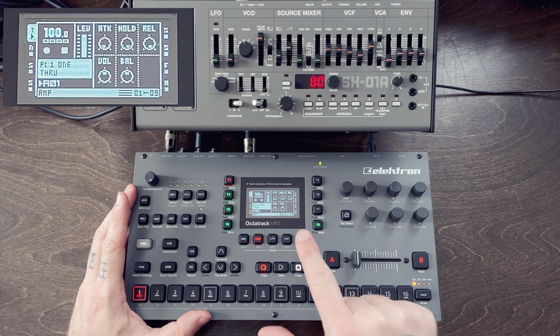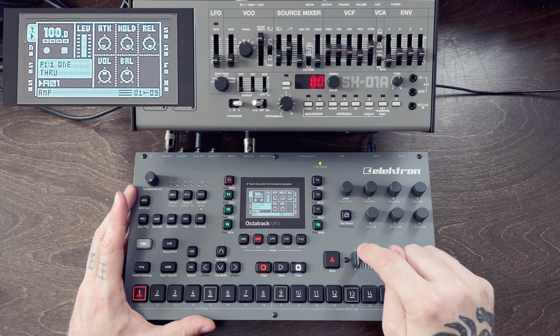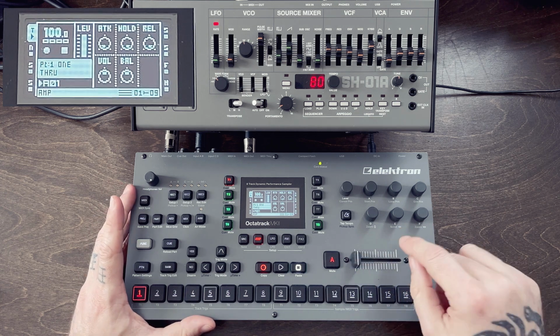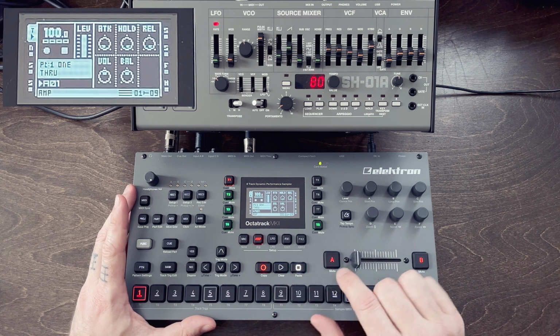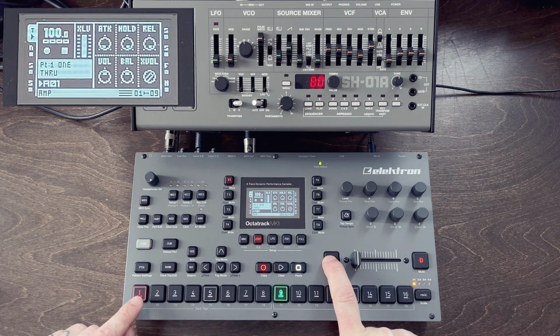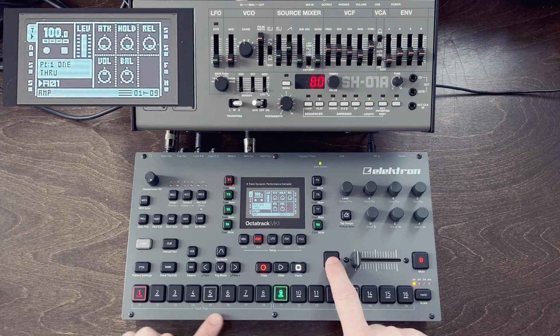Next step, the scene. This one confused me, not confused me, but tricked me many times. So that's why I always make sure that I have one scene, that I usually set as scene 1, that is completely blank, where nothing is happening. Because if you start having many scenes,